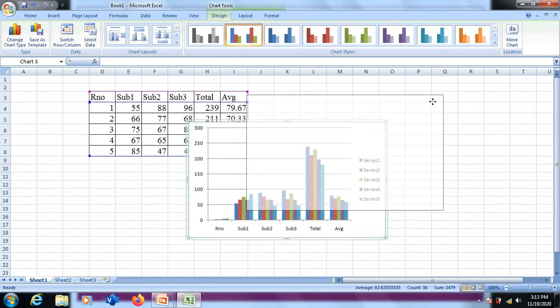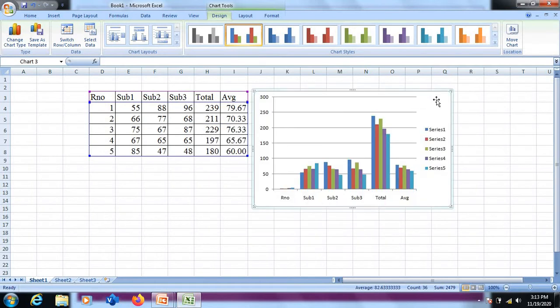Now have a look at this. This is the chart we have based on the selected data. Now this column chart is divided into the x-axis, the horizontal one, and the y-axis. The thing that you should understand and interpret now is what data is available at the x-axis and what data is available at the y-axis.